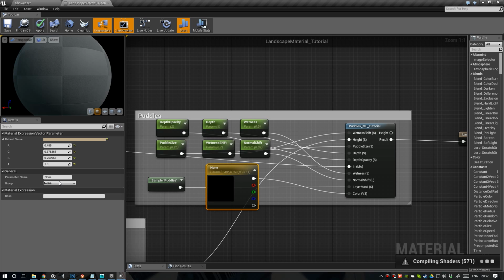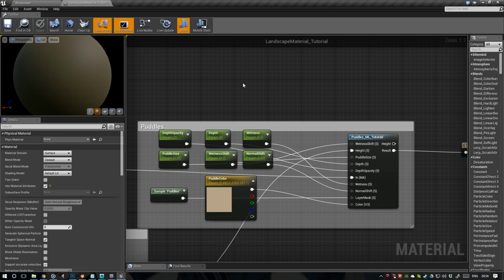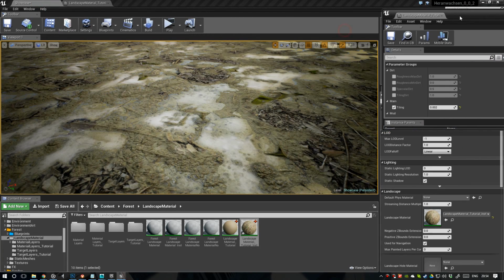Convert it to a parameter. Let's call it puddle color, and let's put it into the puddles group. Let's apply this and save it. Okay, let's go back to our showcase, open up our instance again,